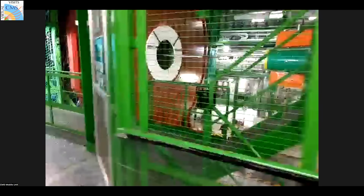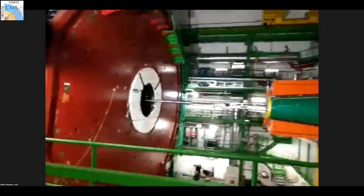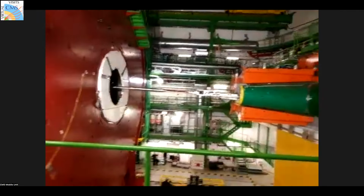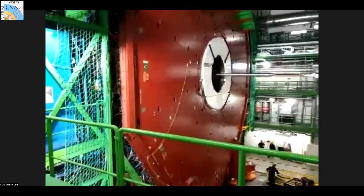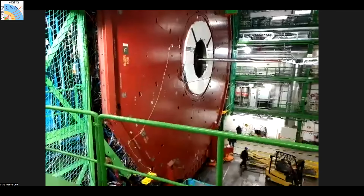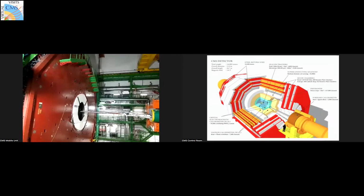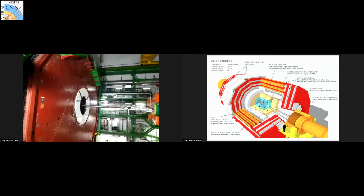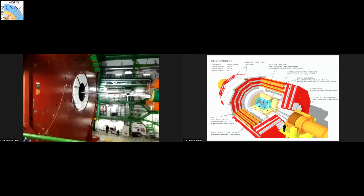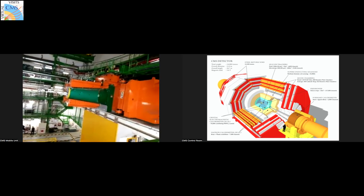And ta-da! So here's our detector. Yay! So this is what CMS looks like. We're almost ready for collision. So there's still a bit of work to do before we can have the detector ready to record proton collisions. So the detector is just about close, but you might appreciate here that there's this orange shielding